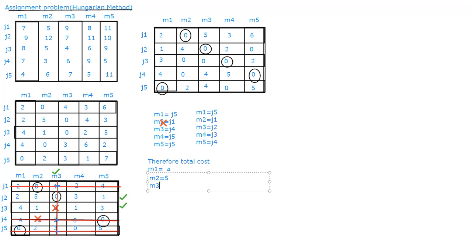Then machine 3, which one did I say? J2, where is the 0? J2 has 0, so the cost for machine 3 is